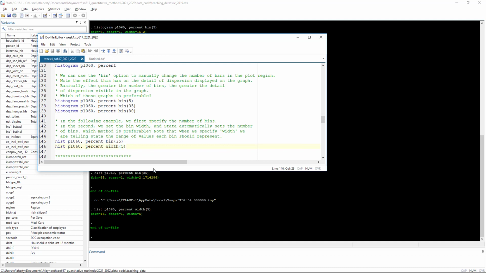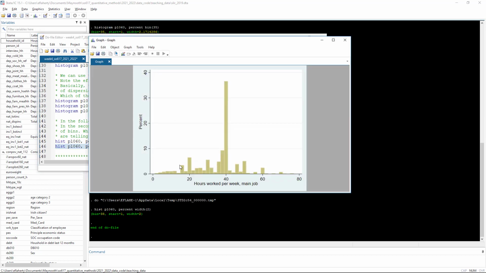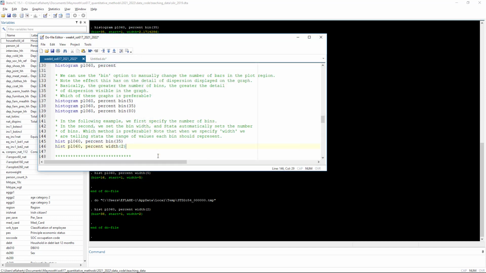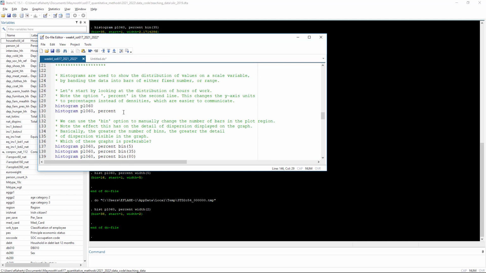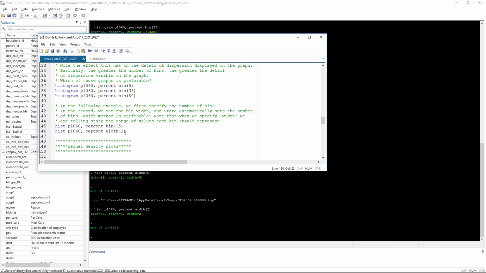So again, we could expand this as much as we wanted. If we wanted each bin to represent 2 hours, we would change the width to 2, and then it would give us something that looks like this. So again, if you're working on these for an assignment or for inclusion in your research, it's perfectly fine to default here to the base command, where Stata simply automates the bin width and count, or if you have good reason to specify a specific interval, again, if there's something maybe meaningful about those intervals, you can always automate that